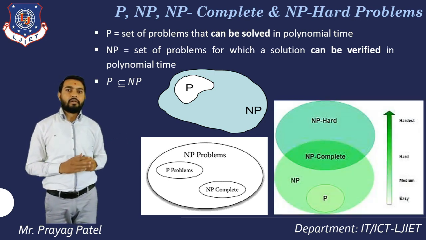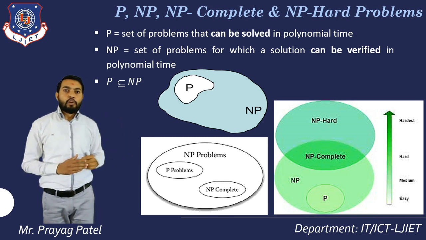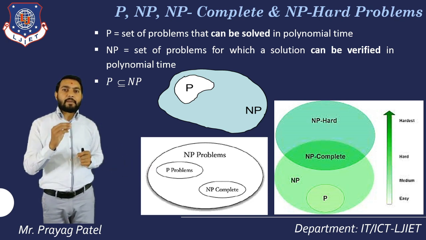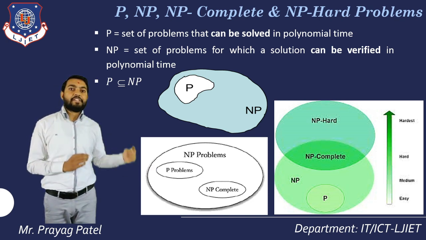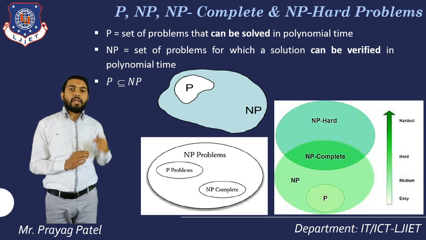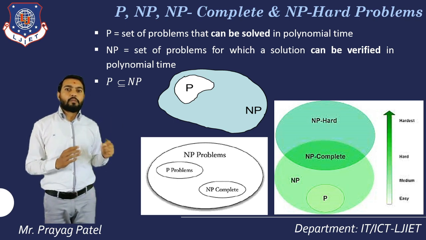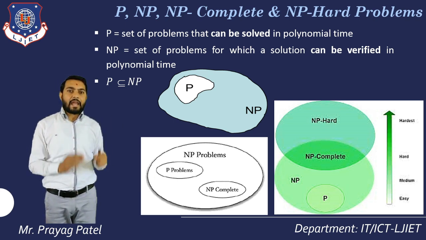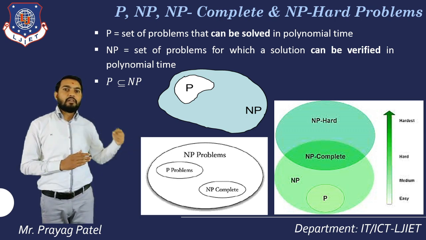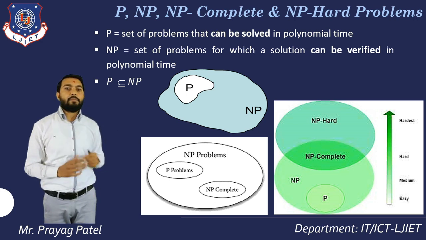Now after that, here is a comparison of P, NP, NP complete and NP hard. The small lower circle is considered the P problem. So it is an easy way of solving the problem. P problems can be easily solved. Next is the NP problem. The outer portion of P is considered the NP problem. So an NP problem is medium, requiring somewhat greater effort to solve than a P problem.